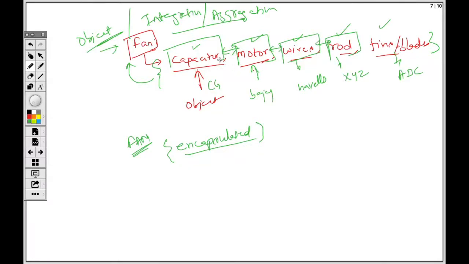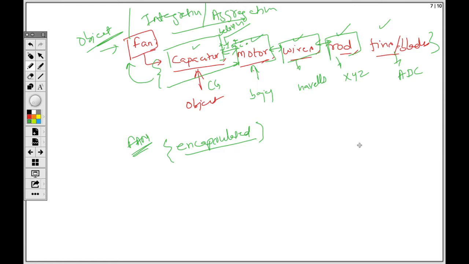I will say, okay, the positive terminal of the capacitor will go to maybe the positive terminal of the motor. A live wire will go to the motor separately, and they together will combine so the motor is revolving. So what are these? These are the behaviors through which the capacitor will send something to the motor, and then the motor will perform something. That is the current in this case, right?